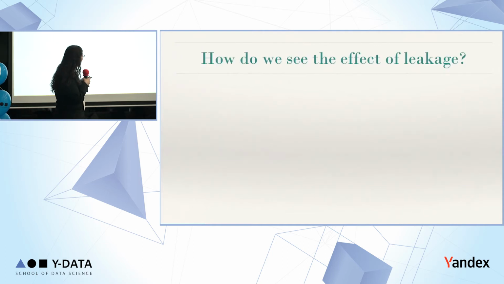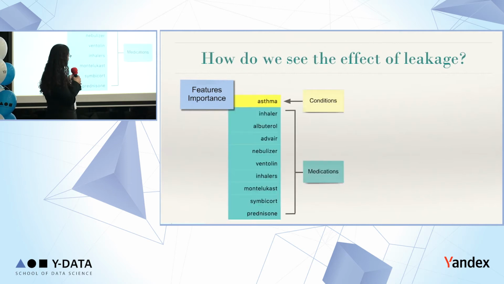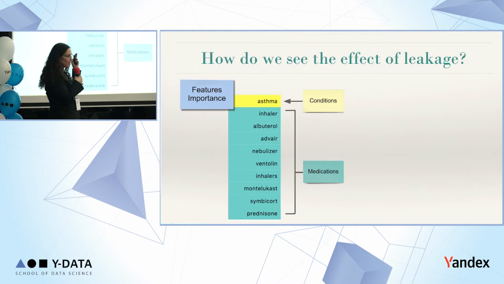How do we measure the effect of leakage? So first of all, we thought we can see what the model is actually learning. So we ran the data through a TF-IDF vectorizer with logistic regression. Logistic regression is great in the sense that it gives you feature importance per diagnosis. And we saw what the model is actually learning, and what we found was awful. So basically what the model is picking up is all the leakage. So for asthma, the first thing it catches is the word asthma followed by a list of medication. So we can clearly see the leakage in the feature importance.